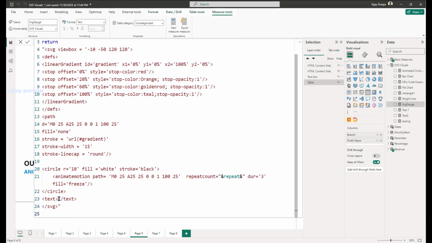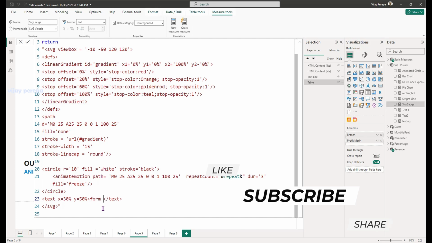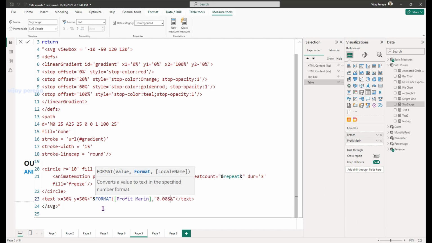So in the text tag, x equal 30%, y equal maybe 50%, we can adjust it later, and then the text will be format within double quotes and within ampersands, format profit margin comma 0.00 percentage and close bracket. And if I commit this,